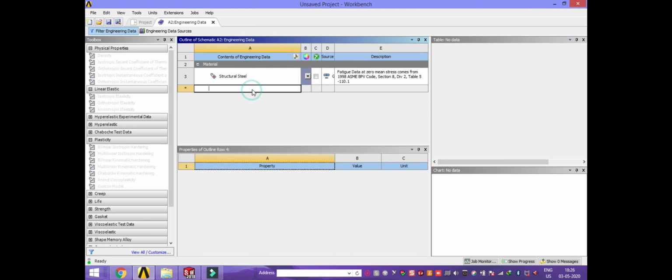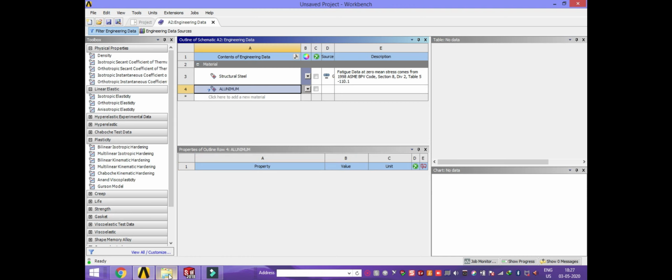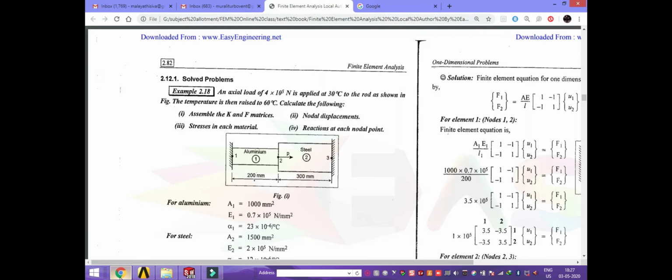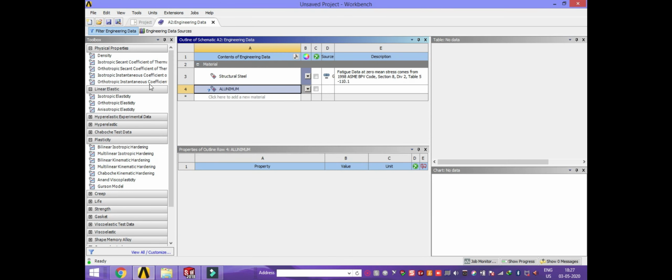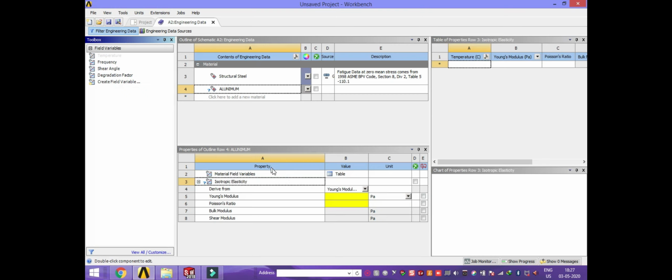Two materials I have: aluminum and steel. For aluminum, the two properties we are going to define are Young's modulus and the thermal coefficient of expansion. Under linear elastic, select isotropic material.